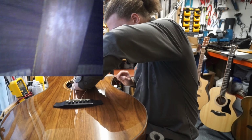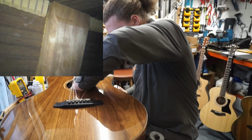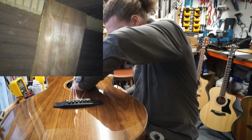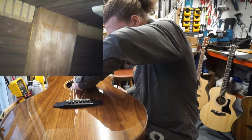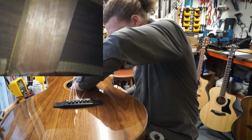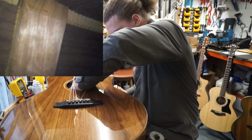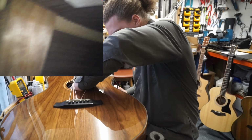Okay, so it ain't thick. That's kind of shaped. So that's a good 6mm. It's not like massively thick, but it is mahogany and it's better than a sheet of plywood. That's for sure. The kerfing